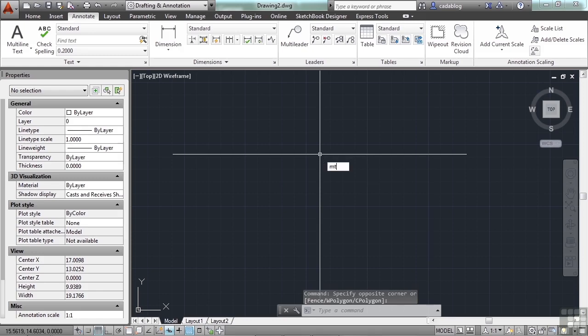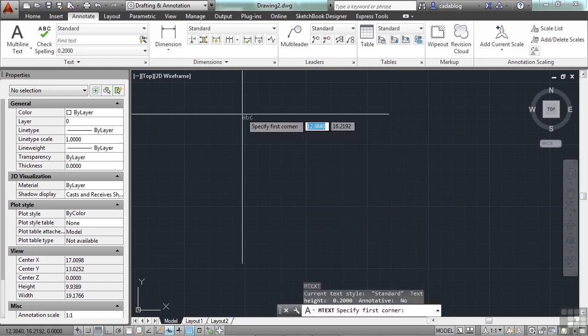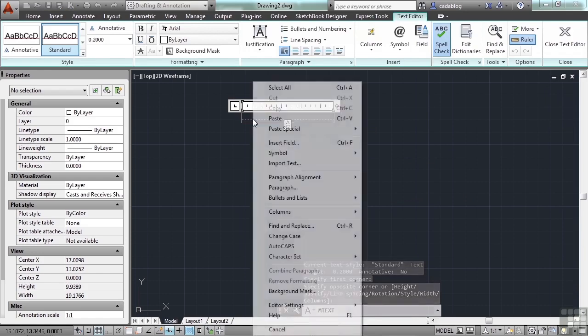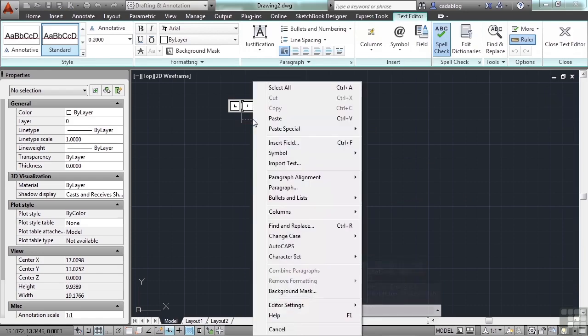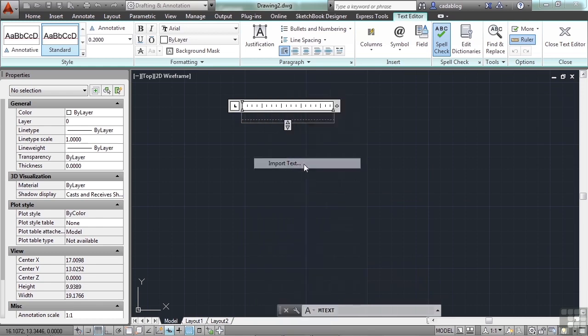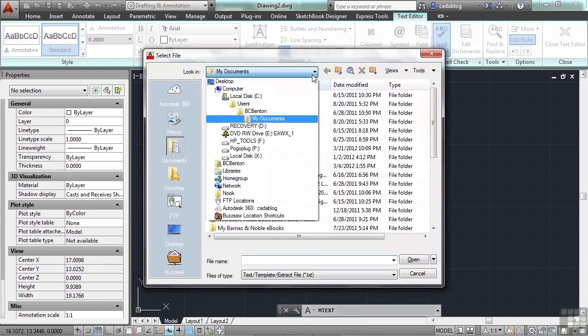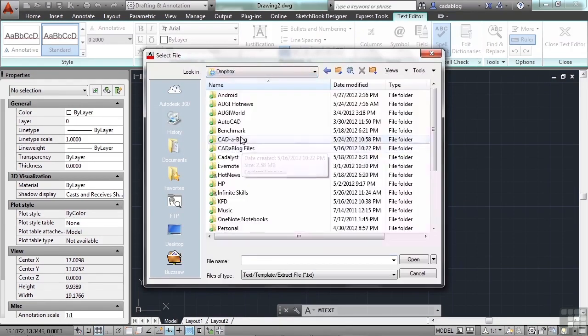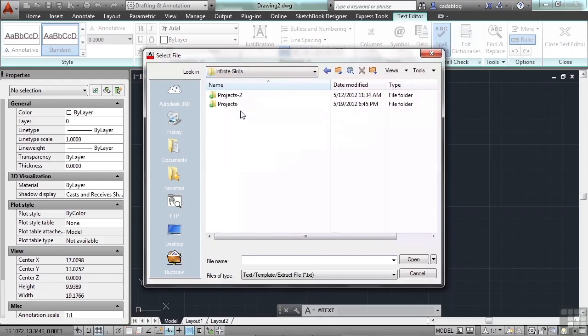If you start the M-text command, pick a box anywhere, it doesn't really matter. Then right-click inside the box. Now you want the Import Text option. Browse to the folder where we're working. And insert the